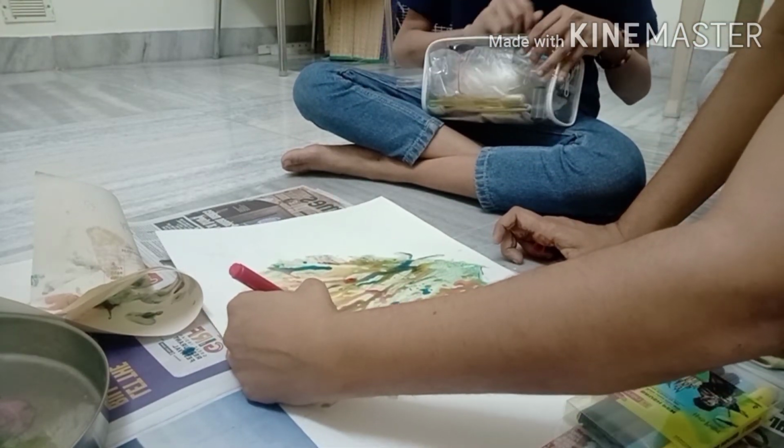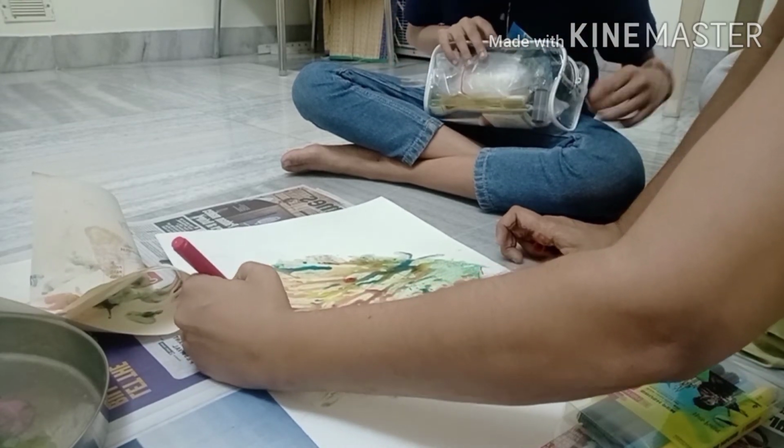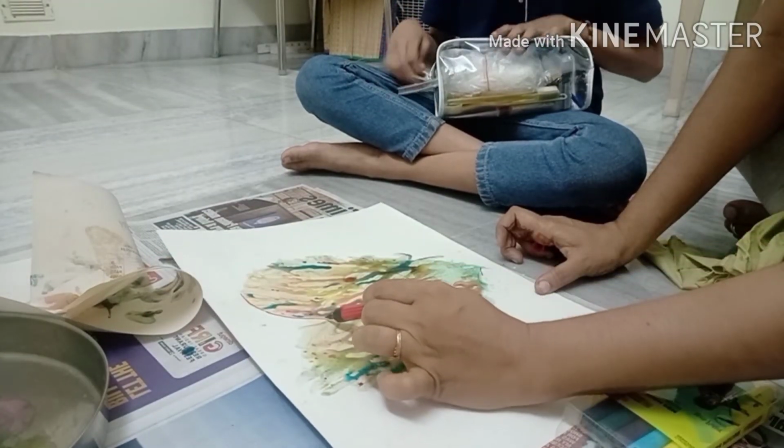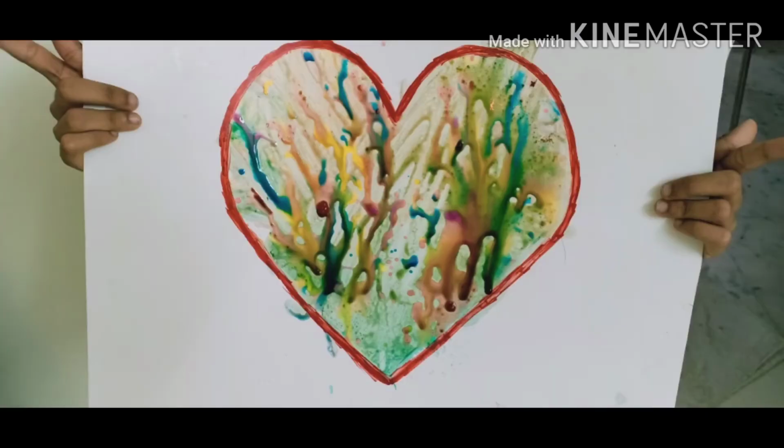Well, another important thing that kids need to learn is just not coming, doing something and getting the credit for something that they just spent a few minutes on. They should also learn the art of cleaning up, which is very, very essential for daily living. Here is our